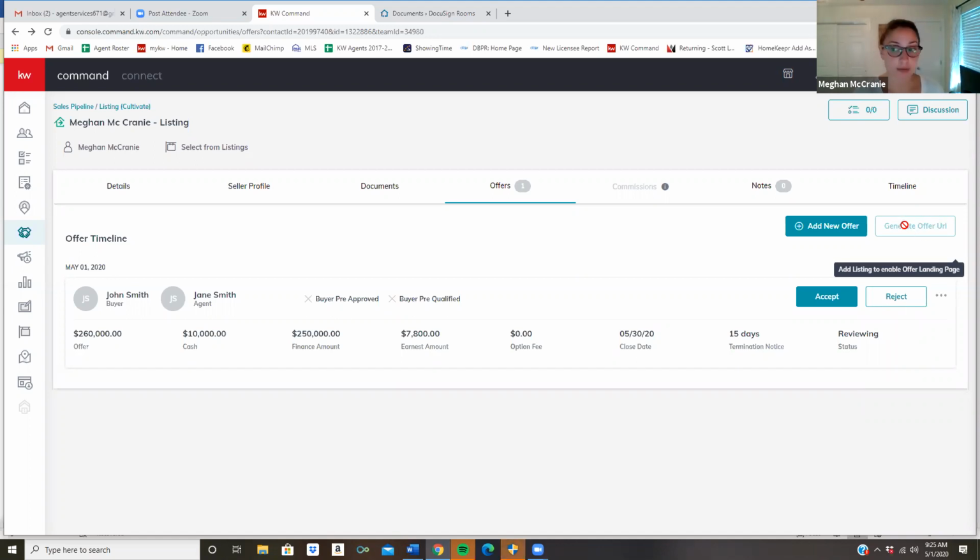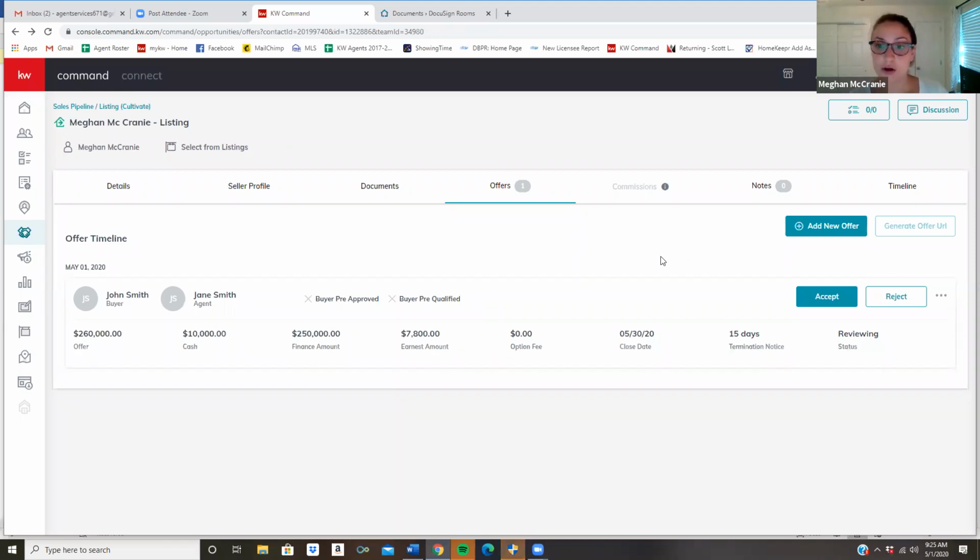Now, one other thing I want to just briefly touch on. There is going to be an option to do an offer URL. So it says add listing to enable an offer landing page. So I'd have to add the listing from KWLS first. Then I could create an offer URL. So any of you guys that have seen in MLS where it says, please submit all offers here, and it's a link, same idea. So this would create that link for you. People would submit their offers to here, and they would automatically populate in here, which is pretty cool. Again, one thing though, it is not legal unless you have a signed contract. So if they don't send that PDF over to you, there's not a legal contract, right? This is just like if they were to text you an offer, right?